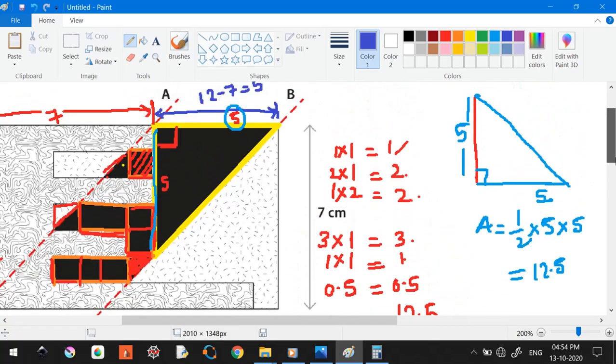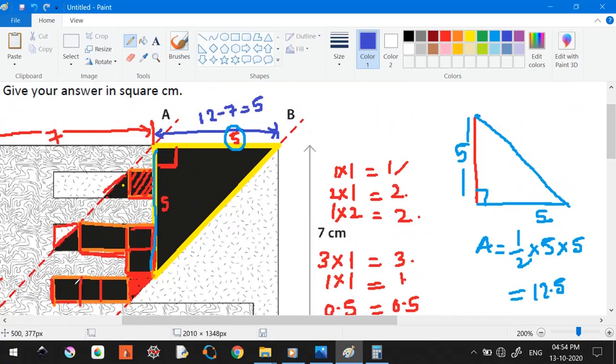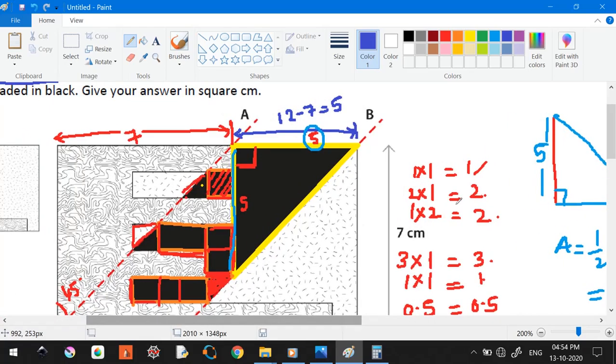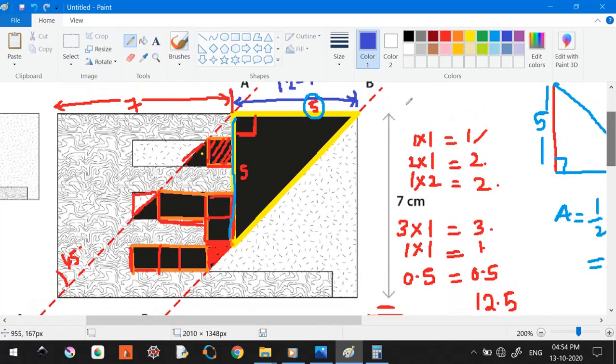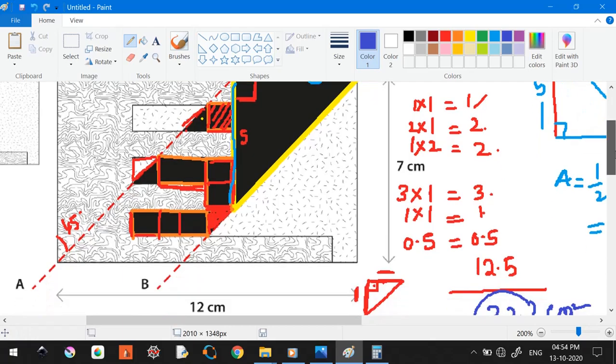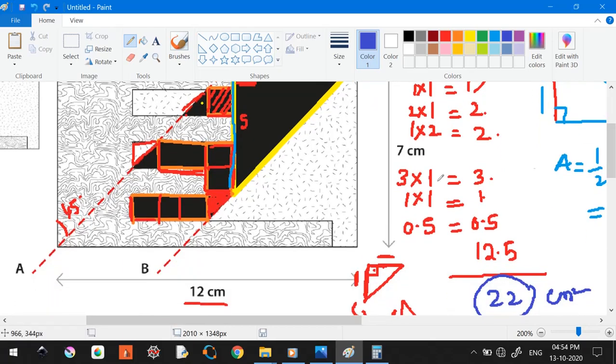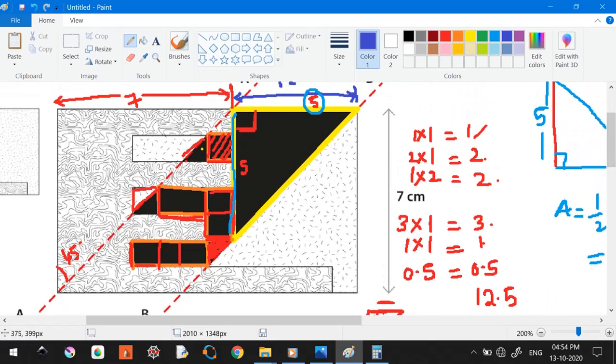So I hope you got this. I have just parted this particular shape into easily recognizable parts, first thing. Other thing is I have arrived at this length using basic math principles, which is if it is 45 degrees, the length here is also going to be the length here. The length here is going to be here. Okay, so yeah, that's it. I hope we have solved all the 5 questions. I hope this is clear.